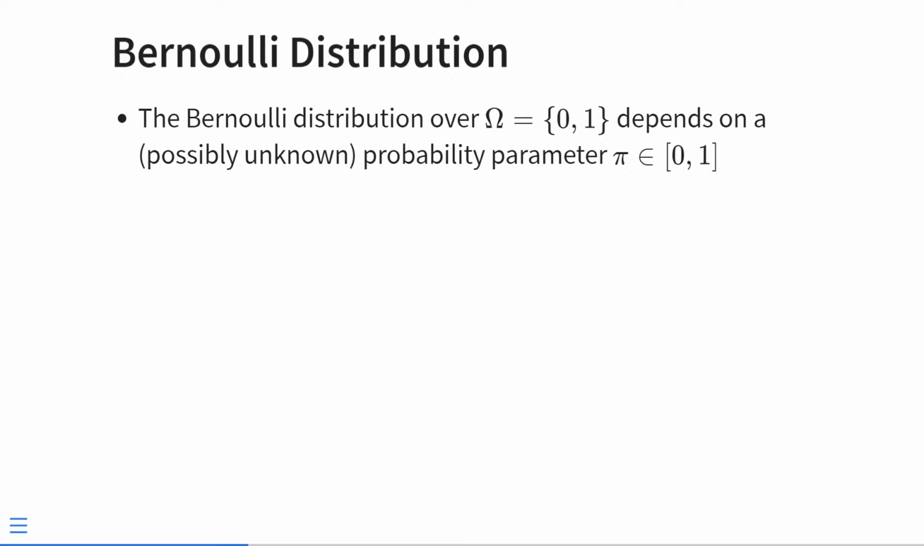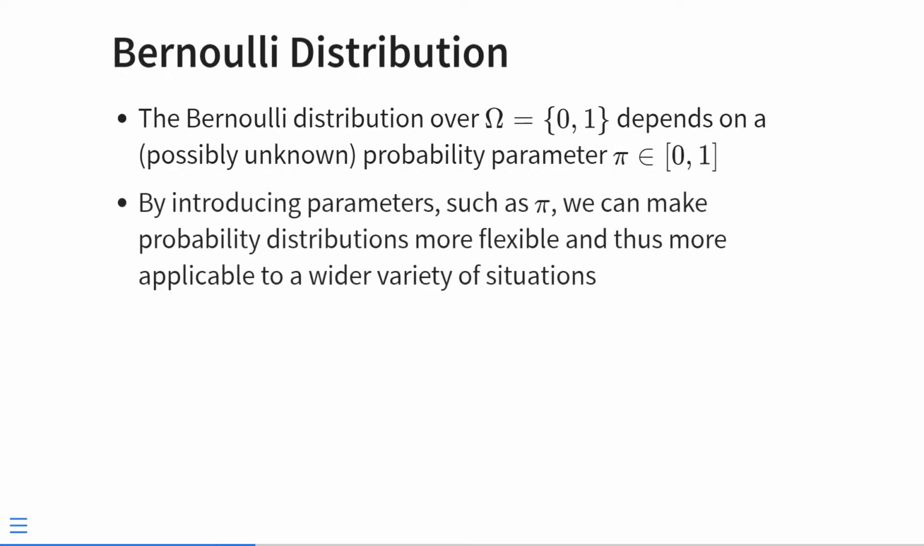The circumference of a circle is not. Circumference of a unit circle is not. And by introducing these parameters such as pi, we can make probability distributions more flexible and applicable to a wider